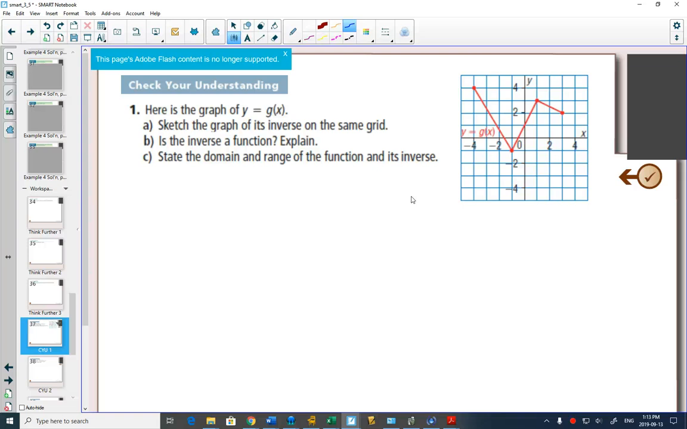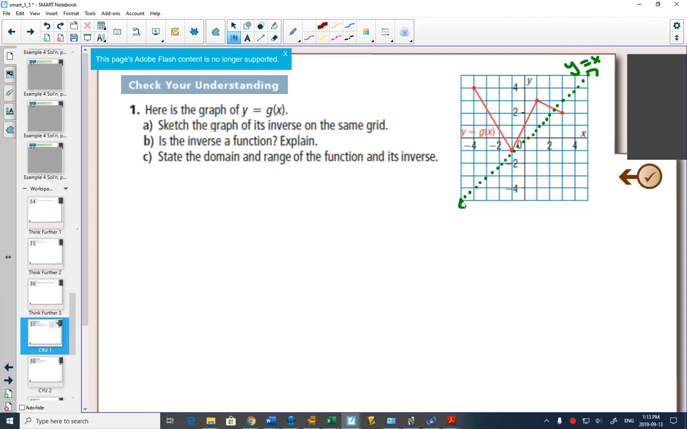We're given the graph of g of x, sketch the graph of its inverse on the same grid. So you can draw a dotted line at y equals x. And one, you can flip it over that line. The other thing that you can do to be more accurate, because sometimes eyeballing and trying to flip things over,